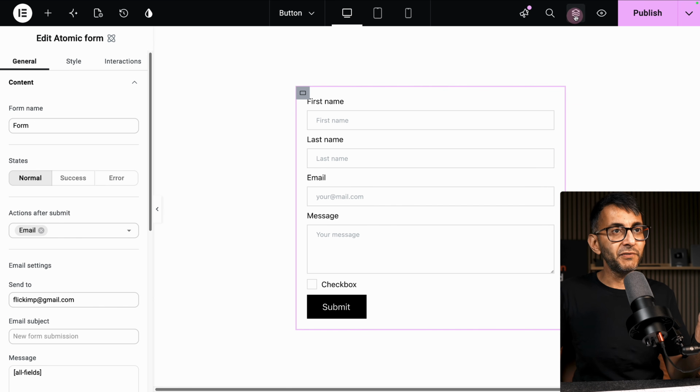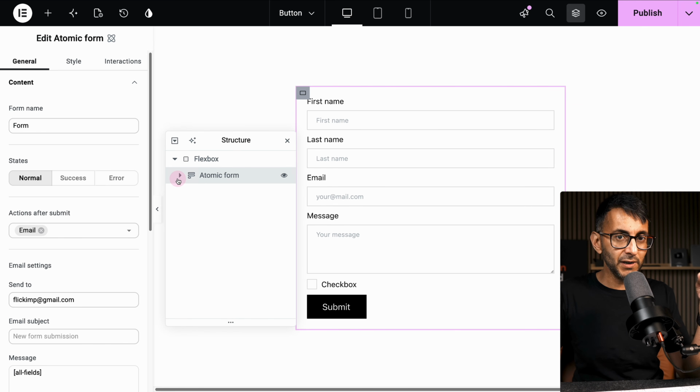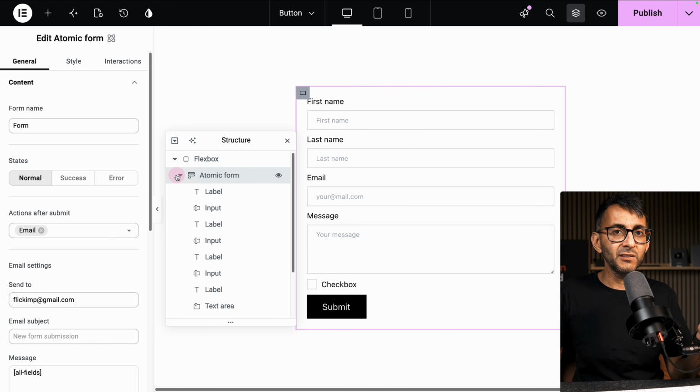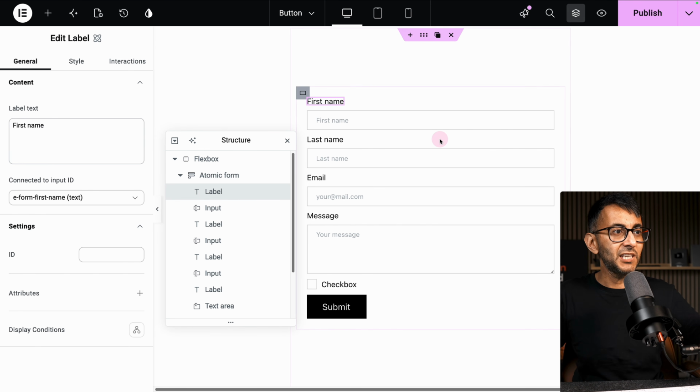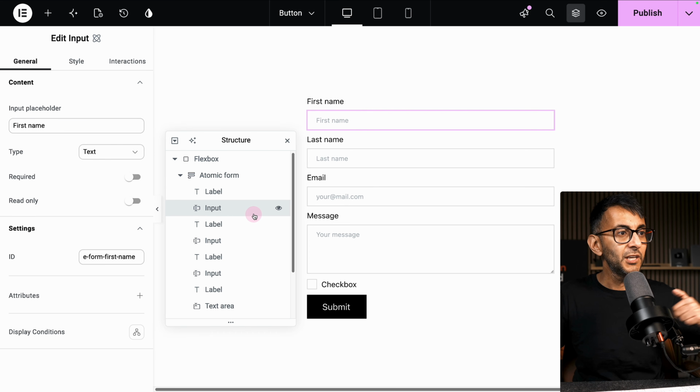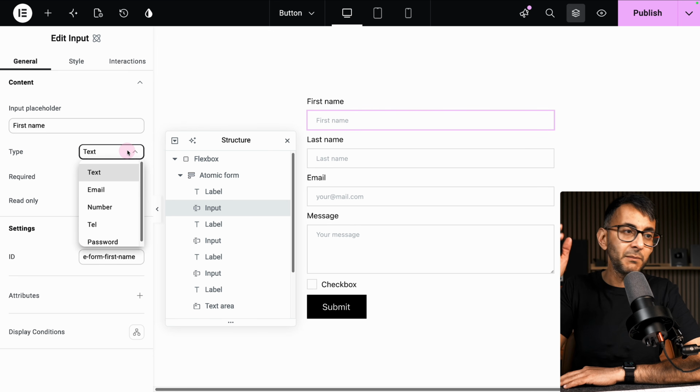So the atomic form, if you look at the structure, you basically have a wrapper. The version 3, you just got a form, and you could add in fields, but you couldn't rearrange it massively without doing a bit of CSS or JavaScripting in some cases. What you get is the ability to go and add in your own labels, and you can stylize these out and do what you want with them, move them left, right, wherever you want. You have your input fields. You'll have an input ID, which you need to take account of, but you could do text, email, number, telephone,